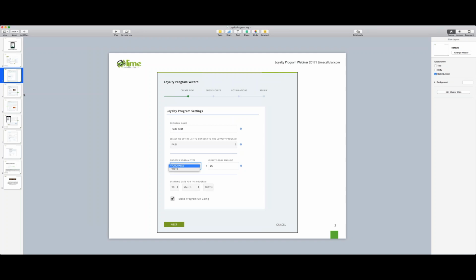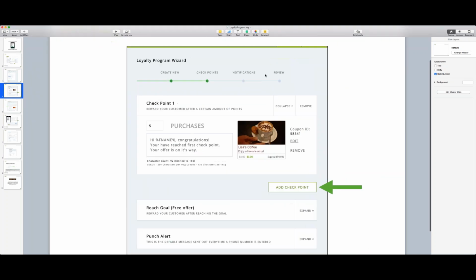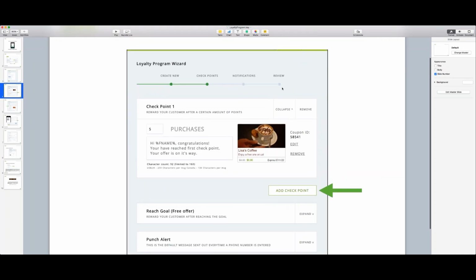Okay, let's jump to the next slide. So the next slide is basically the checkpoints. As you see here, you move with the wizard, it will show you where you are on top here. So this, we did the program, we set the goal, how much money or how many visits, and